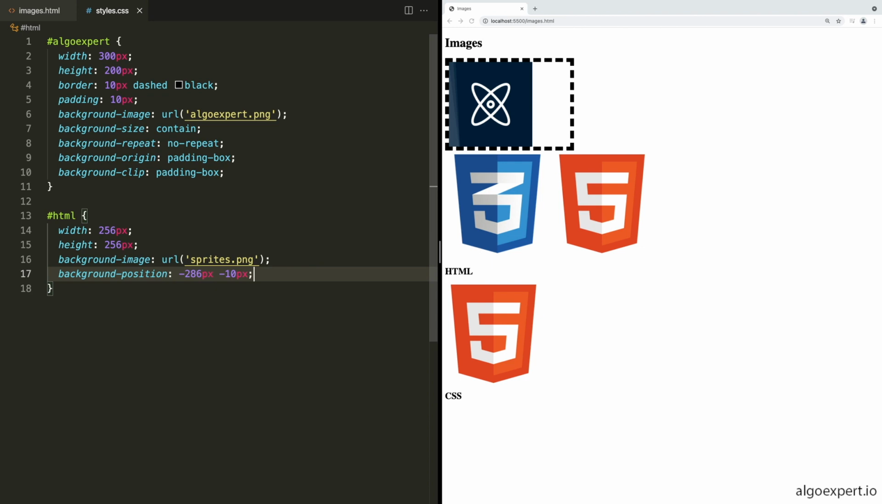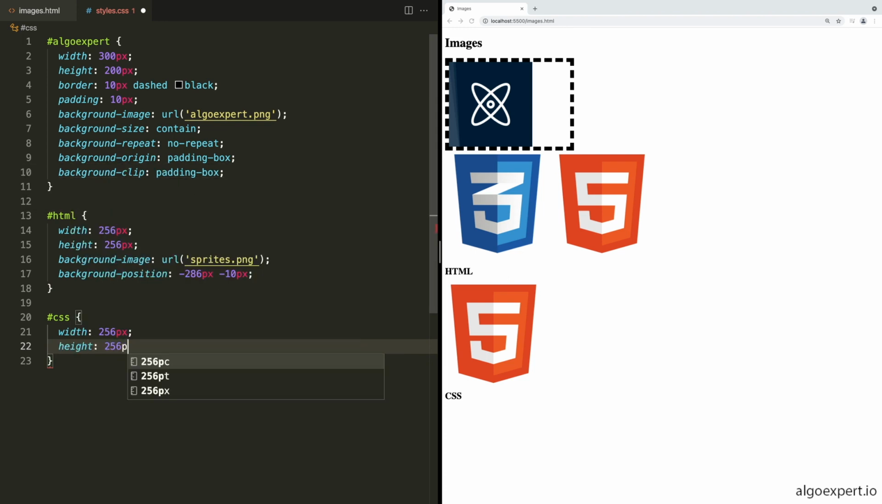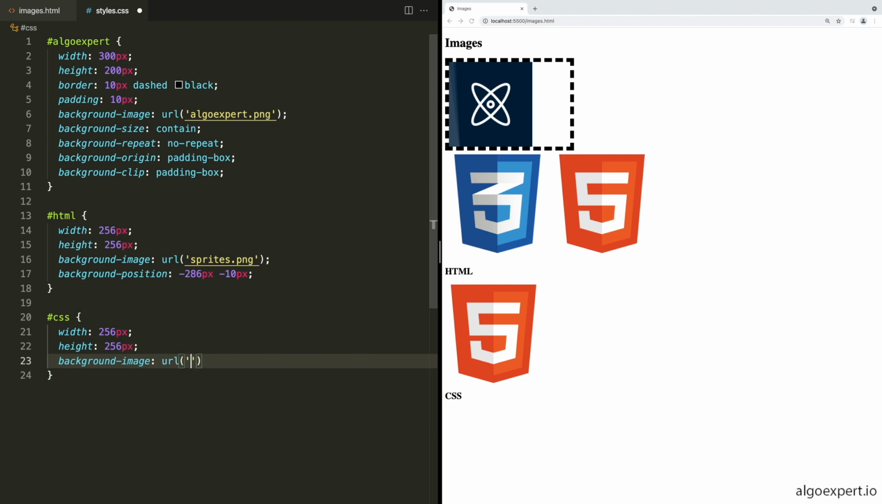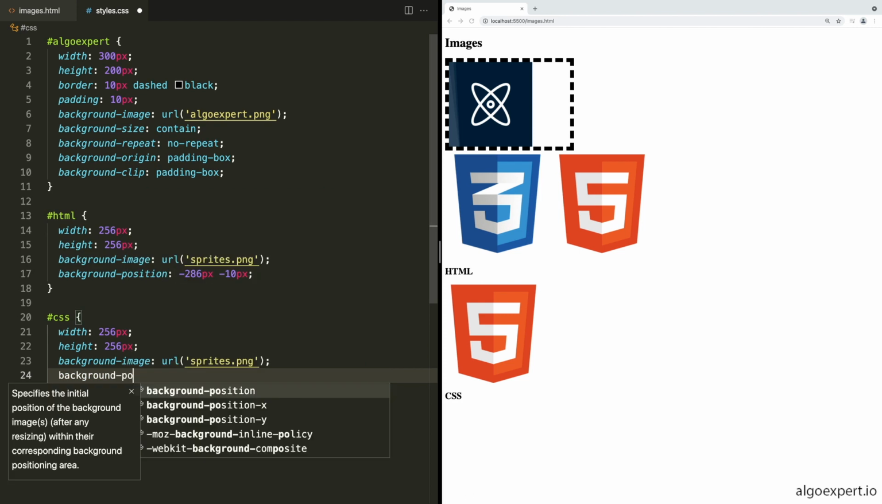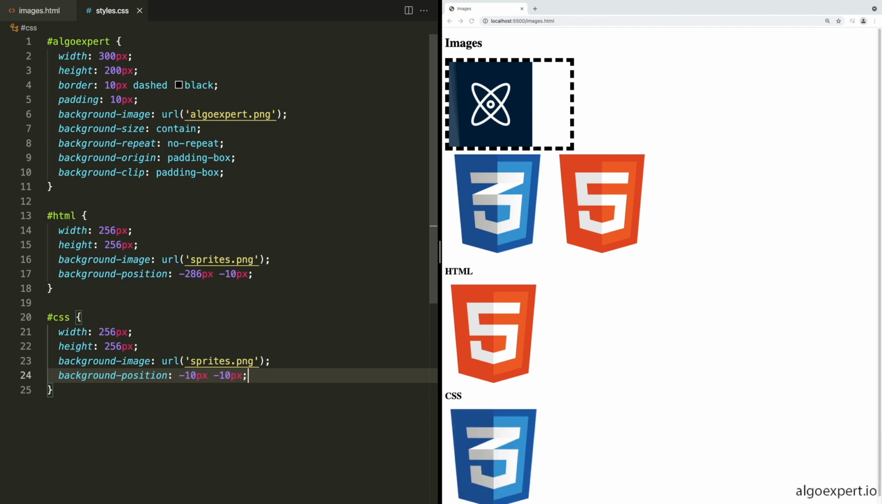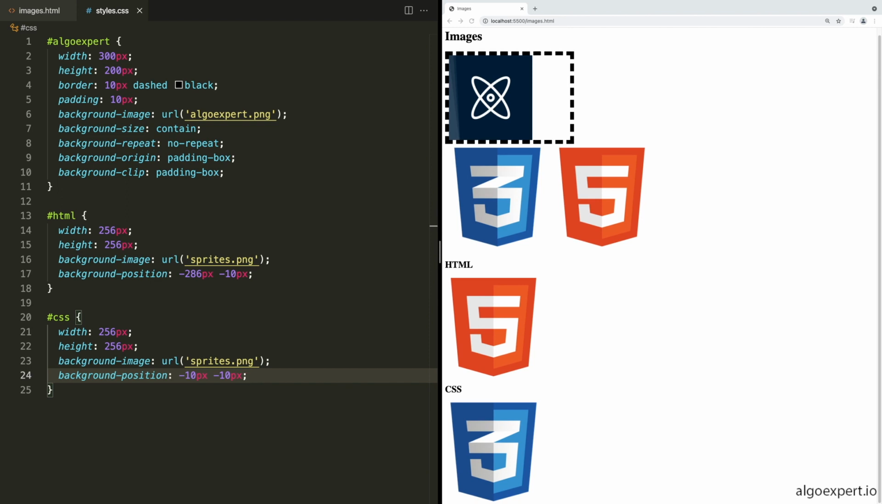Okay, great. So now we can do the same thing with the CSS. So we can say CSS, this has the same width and height, so 256 pixels by 256 pixels. And we can set the same background image as well to the URL of sprites.png. And this one will have a background position of negative 10 pixels, negative 10 pixels. So we just need to move everything left 10 pixels and up 10 pixels. And when we save this under CSS, we now get this CSS logo,